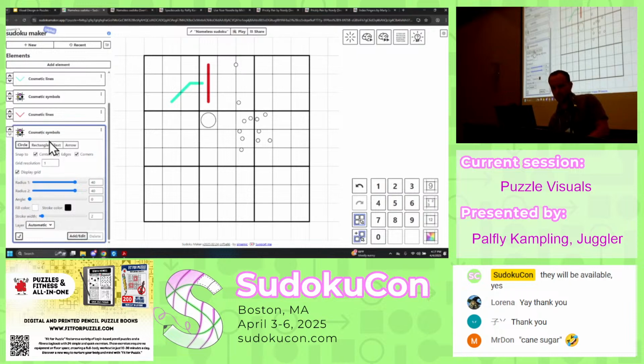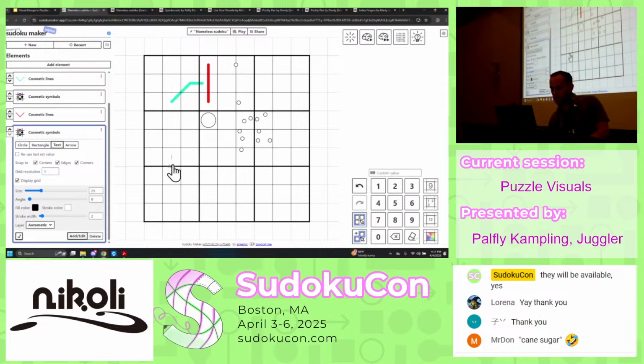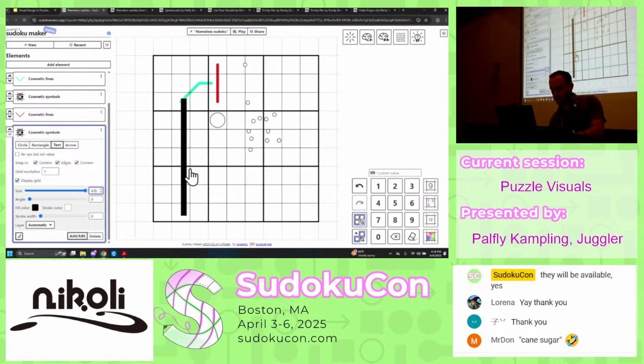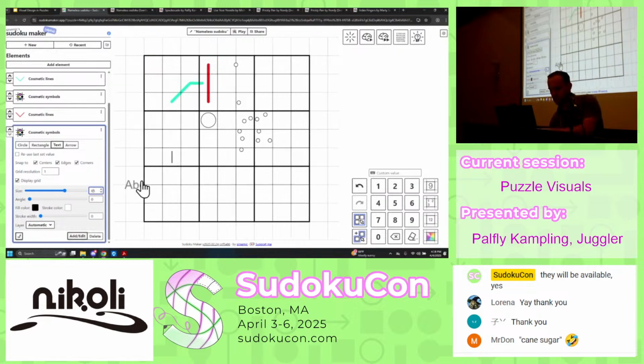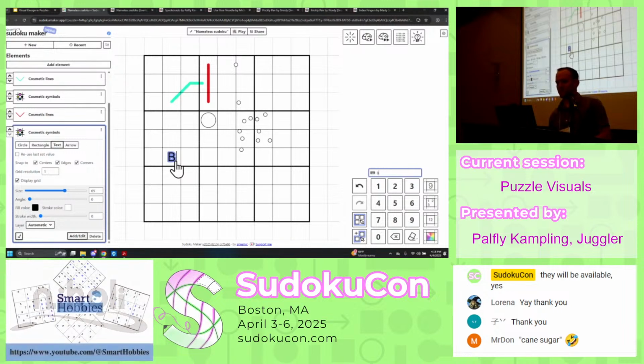So here in cosmetic symbols, we've got circles and rectangles. Everyone knows what those are. What about text? Well, we can put text, again, anywhere we want. We can make it as large or as small as we want, whatever color we want. Let's make this a little bigger. So let's put a 3, whoa, that's too big. Let's put in this little field here, B. I don't know why there's a B there. And in fact, it's the wrong color to be in the middle of a cell. It's in the Mickey Mouse zone, right? So don't do that. But you can also put anything you want in there, and it could even be an